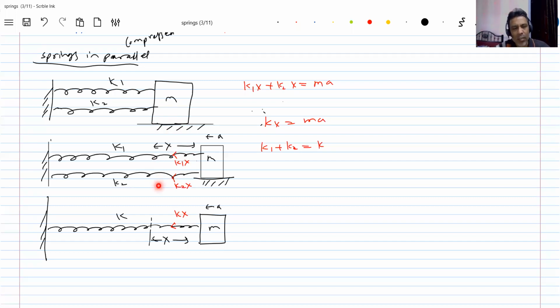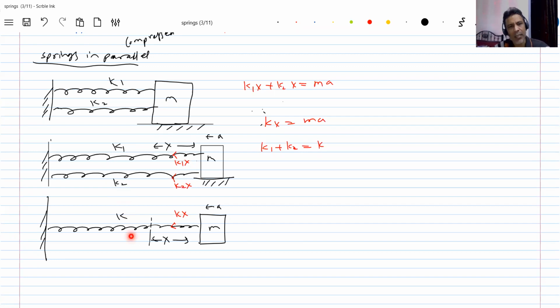Then because of that, what happened? Now I'll bring another equivalent spring. I'll displace the block by the same distance x. Then I'll calculate the acceleration acting on the block. In both cases it is the same. Then I'll equate. What these two springs are producing on the block, the same action is produced by this spring. So I'll call this the equivalent of these two. They are connected in parallel. This particular way of connecting is said to be parallel.